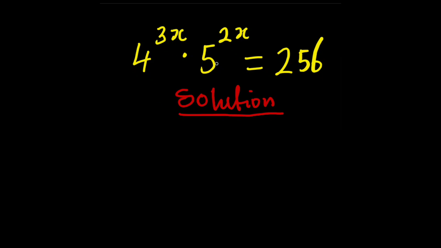We're going to solve for the value of x from this exponential equation. We're given that 4 raised to the power of 3x multiplied by 5 raised to the power of 2x is equal to 256. Now to solve for the value of x from this equation, the first thing we need to do,